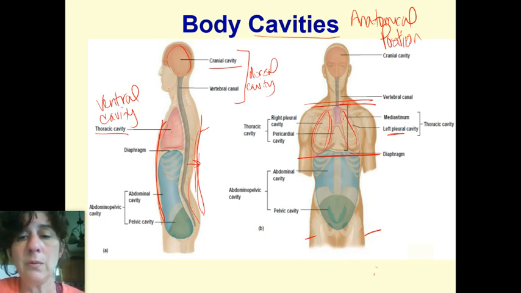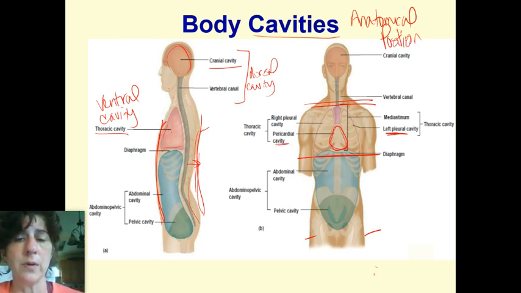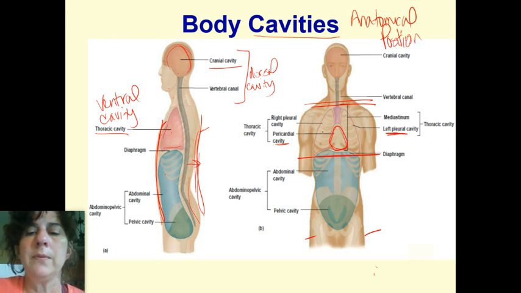So on here, going back to the thoracic cavity, this is the left pleural. Pleural refers to lungs. So left pleural cavity right here, and then this would be the right pleural cavity. Also in the thoracic cavity, you have this one right here where the heart is housed. That is the pericardial cavity. There is no left and right because there's only one heart. Okay, so pleural cavities are in the thoracic, left and right. Also the pericardial.